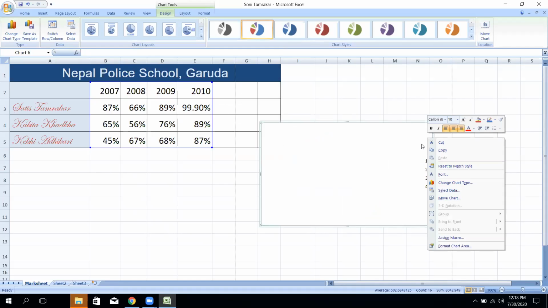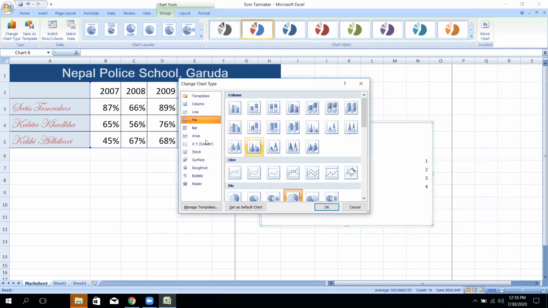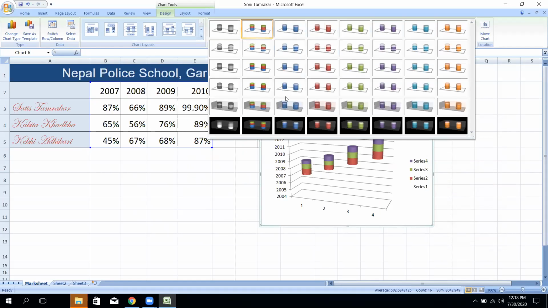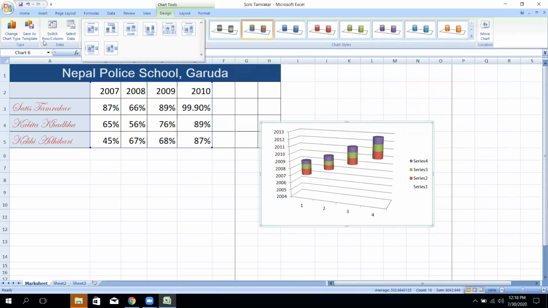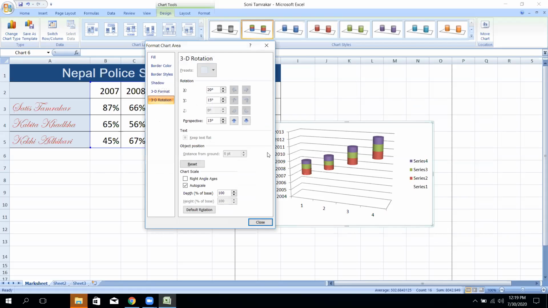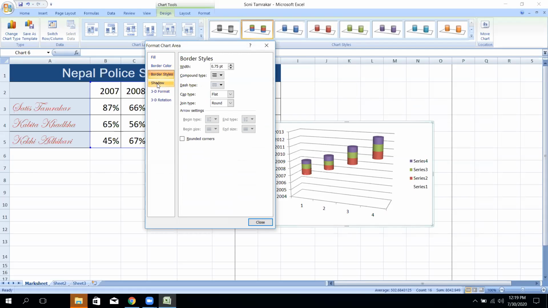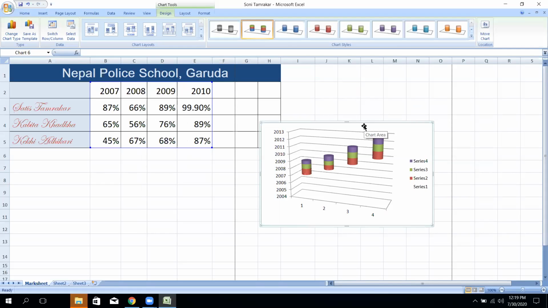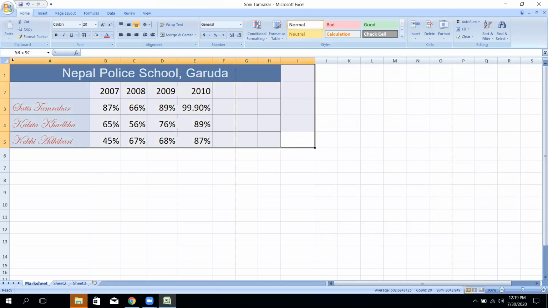Okay, then here is the chart type. You can use chart type also, different types of sections, whichever you want to choose. Different types of related charts are included here, and you can use them by clicking here with the right mouse. You can use the 3D rotation also. Many more things you can use on your computer. Okay, this is the important thing you can use for good knowledge.